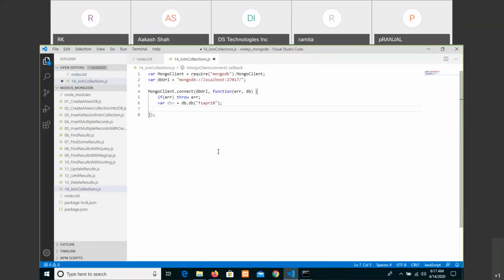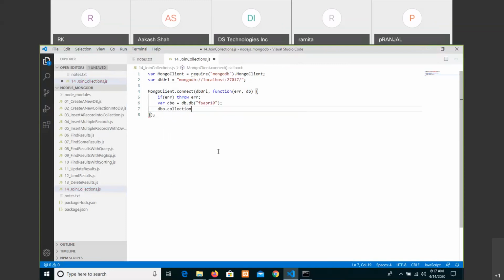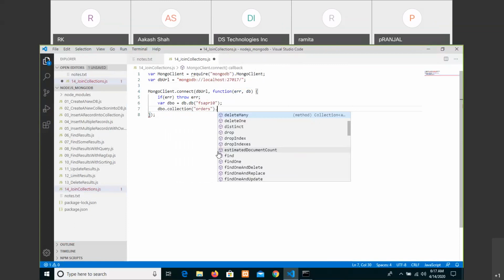Now let us write dbo dot collection of orders, which should aggregate.